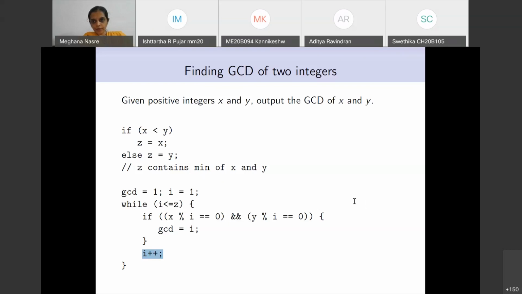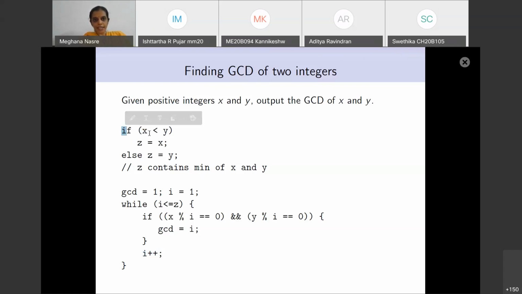Okay, so the first question that is there is about min. If x is equal to y, so first of all, I think you mean x is equal to y, which is okay. If x is equal to y, then z won't be initialized. Is that true? So the claim is that z doesn't get initialized if x is equal to y. That is not true, right?